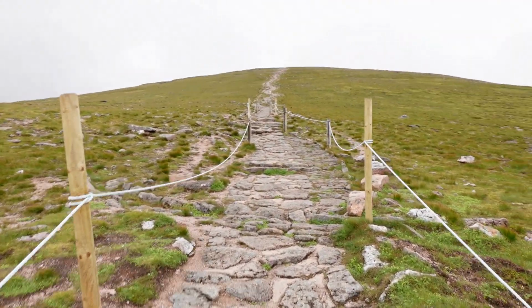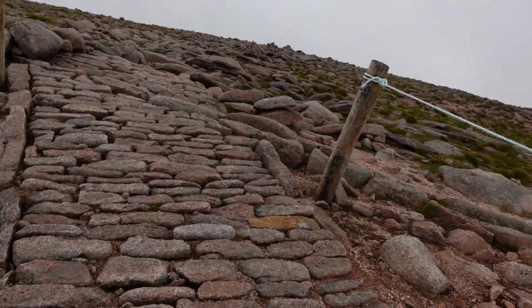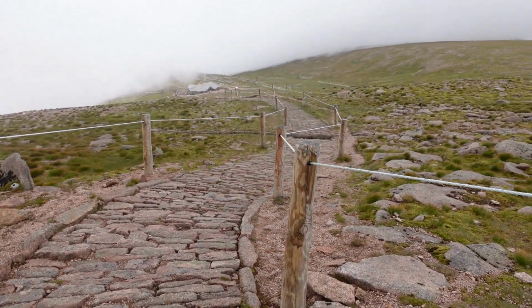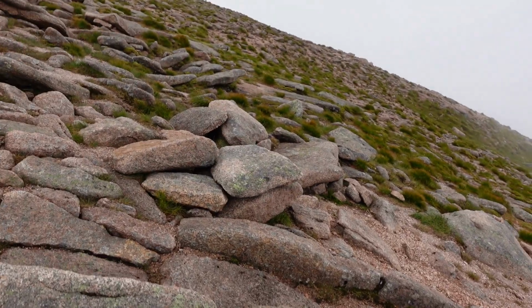Right, I'm not sure we'll get any view at the top. I'll show you some of the little rock mounds once we get up. This is the next kind of ball burster, look. So at the end of the rope you've got just kind of ends on that bit, and then you can see the